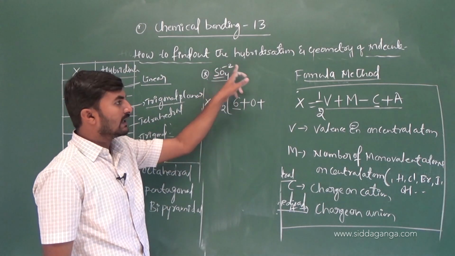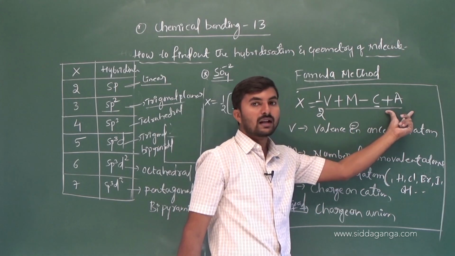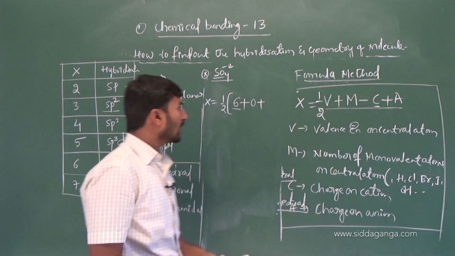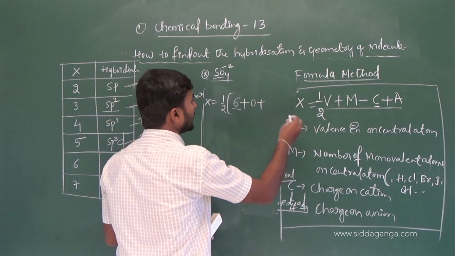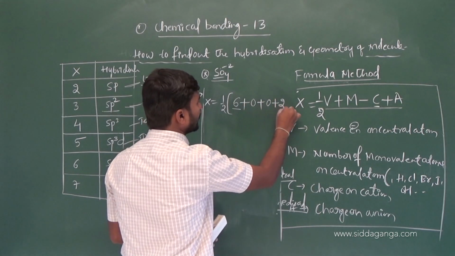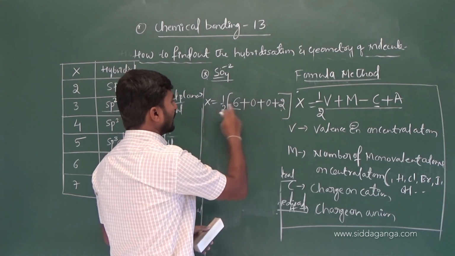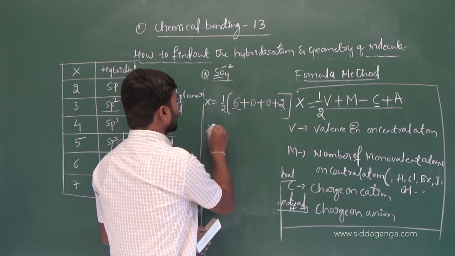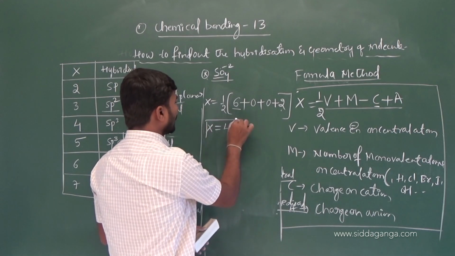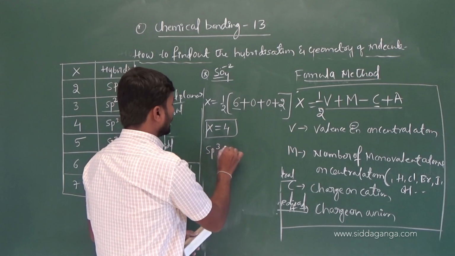It is an anion. We always add the number of anions. How many charges are there here? Cations 0 plus 2, that is the number of anions. 6 plus 2, 8, 8 by 2 is again 4, x is equal to 4, and